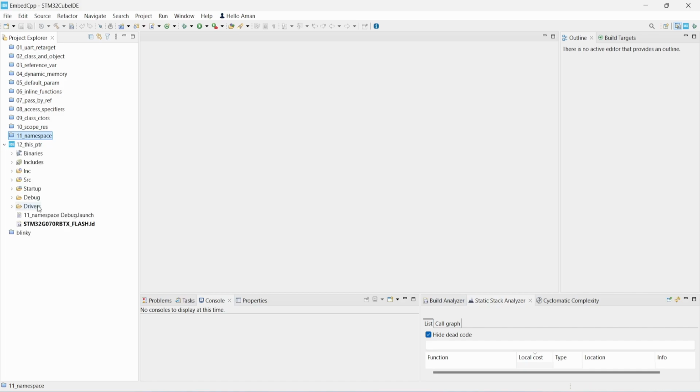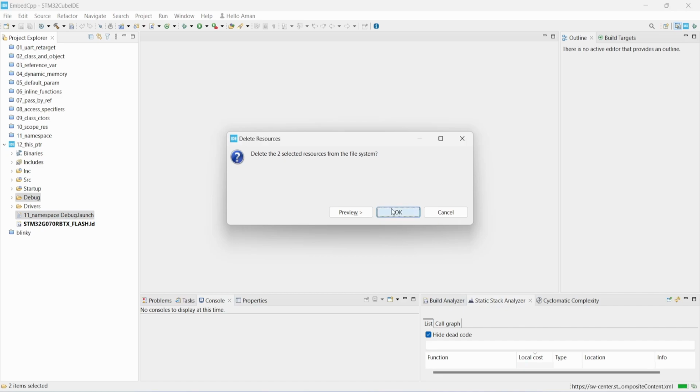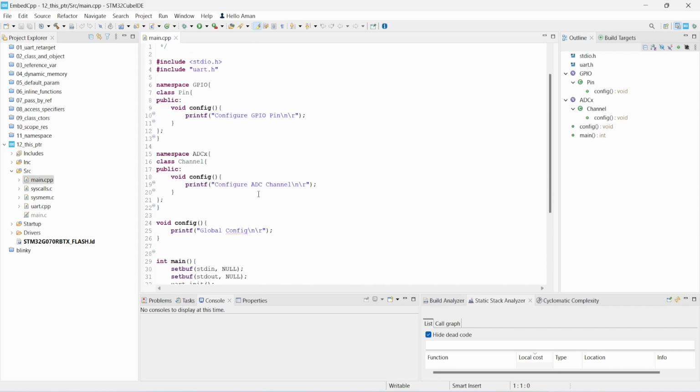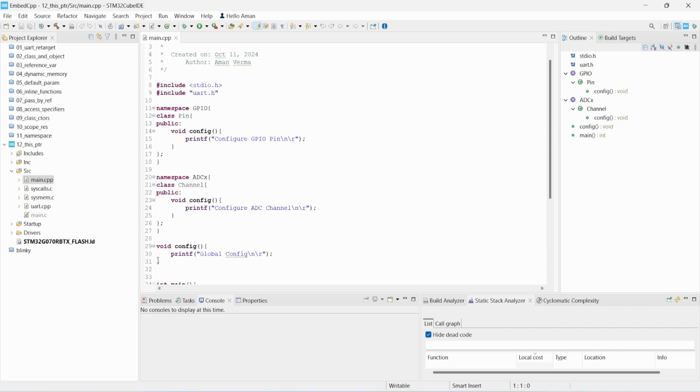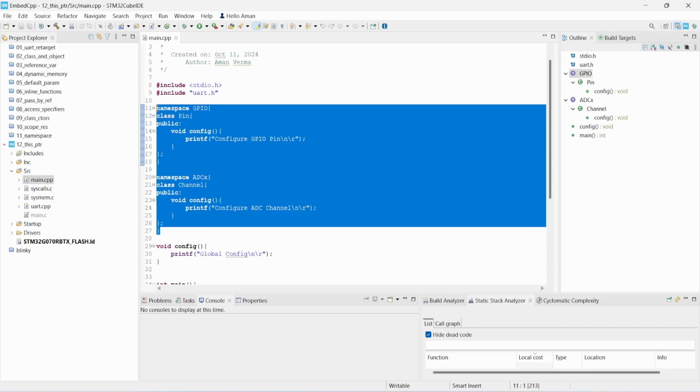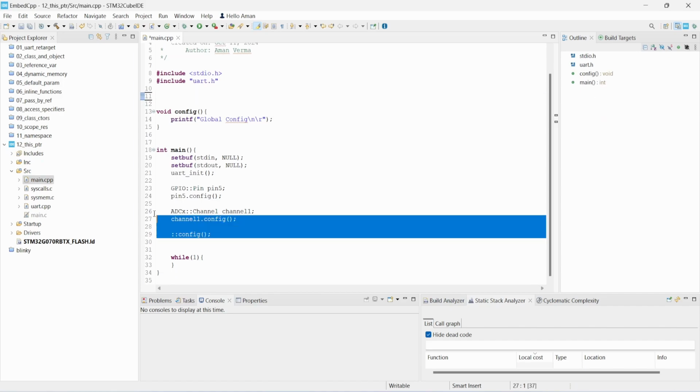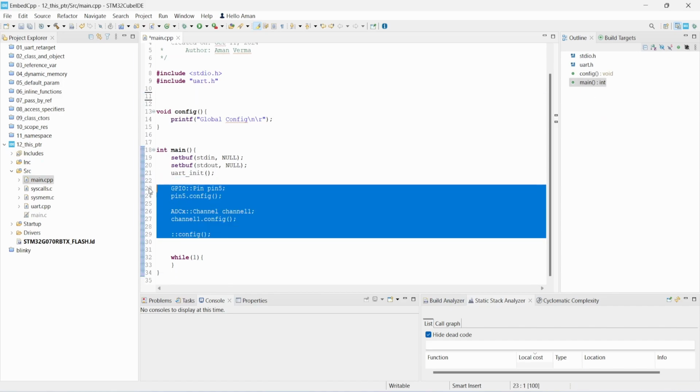Come over to delete the files, and in the source main.cpp, here I have older code. I will just do a cleanup, and I will remove this as well,